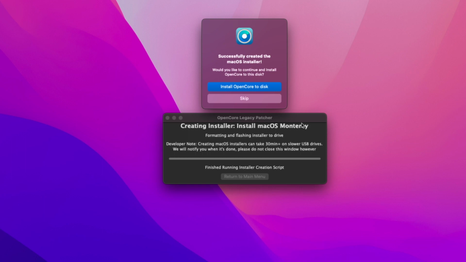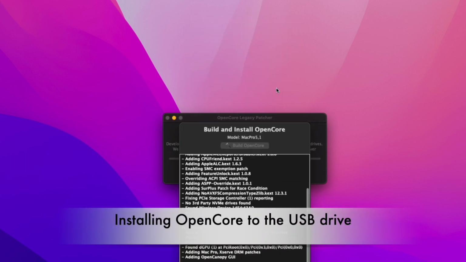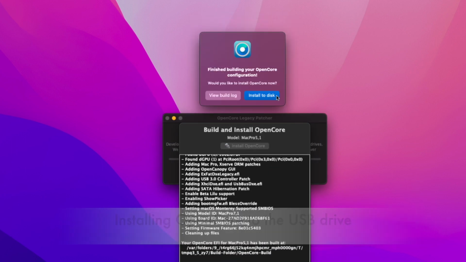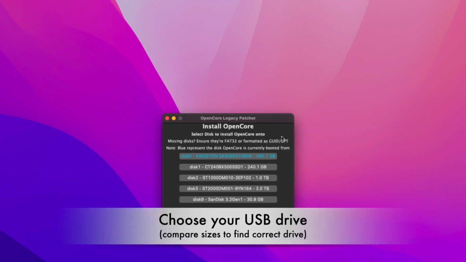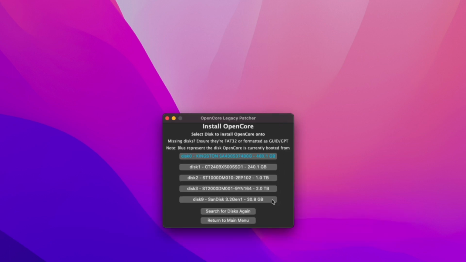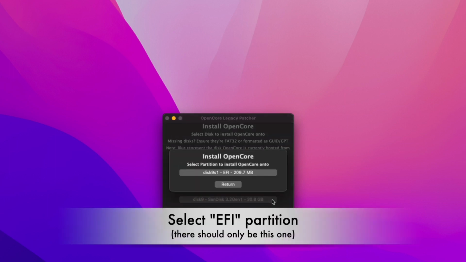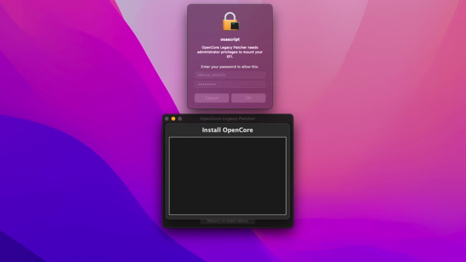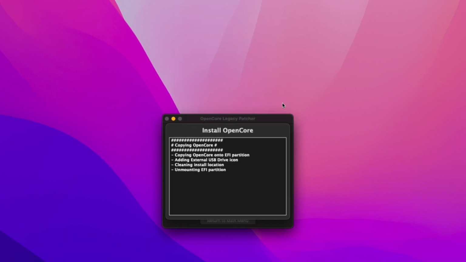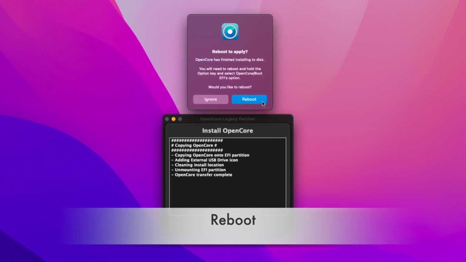It's just an official USB installer with the latest macOS. Nothing patched, nothing changed. And then comes the last step, where it installs the OpenCore bootloader onto that USB drive so that you can boot from that USB drive into OpenCore, which fakes a supported Mac, and then you start the installation as with any regular installer.